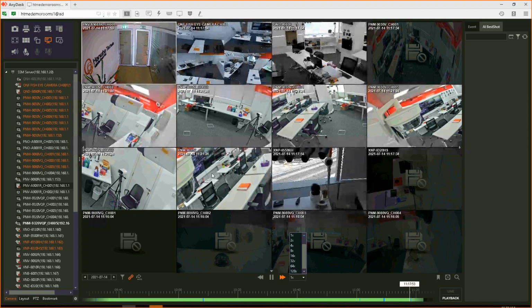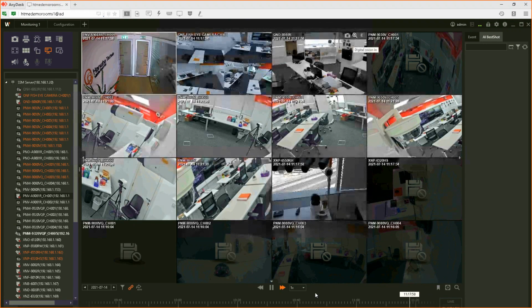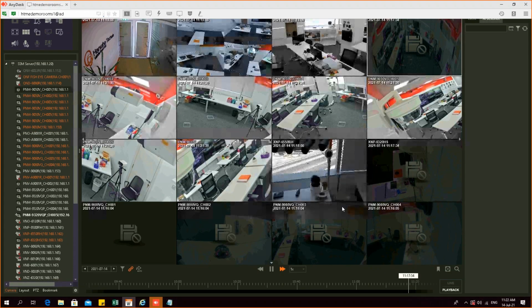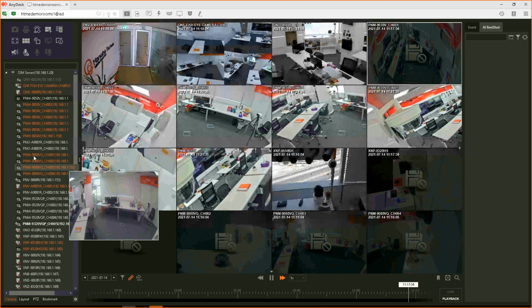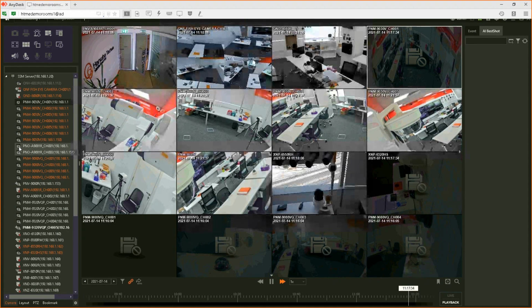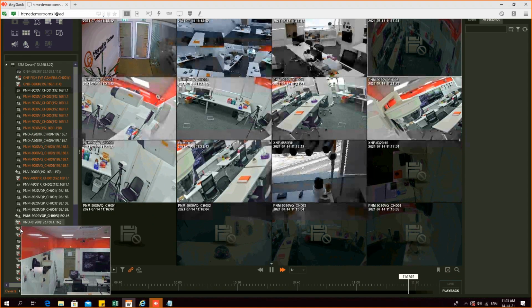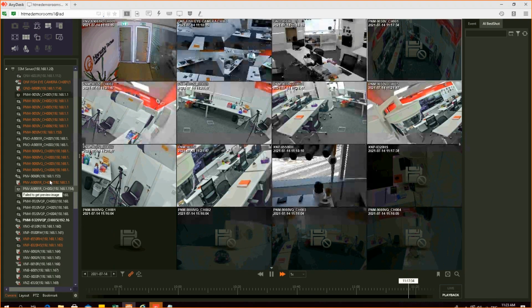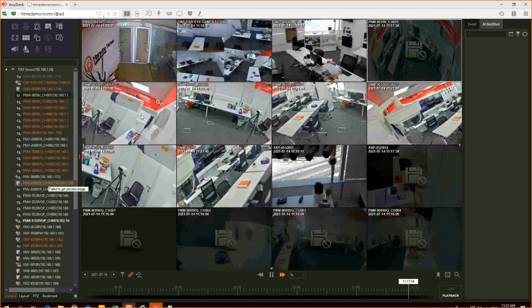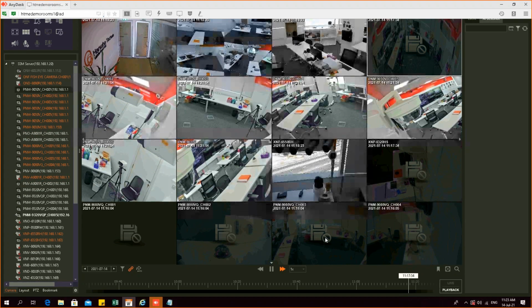Some of the cameras are not being recorded. That's why you see blank. I am not recording all the cameras because I have little storage in my office. So if you see here, the cameras which are recording have a red color dot. The remaining cameras I have added just for live view purposes. The ones with the red dot have recordings, so you can play back the video.